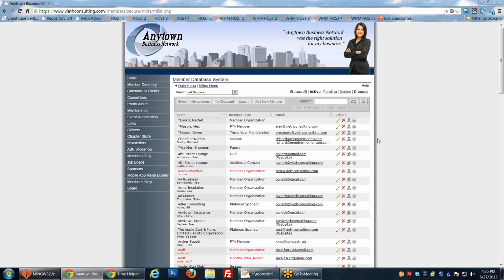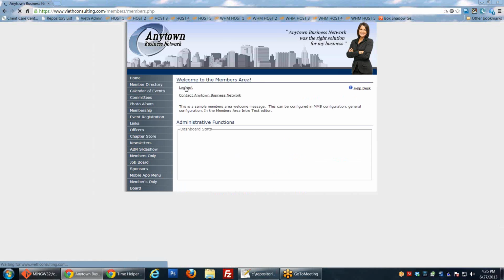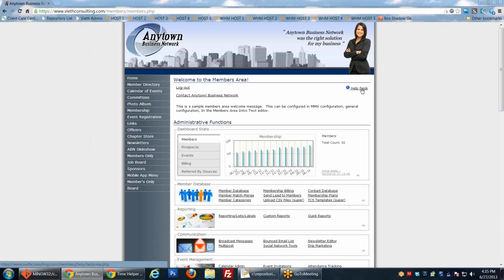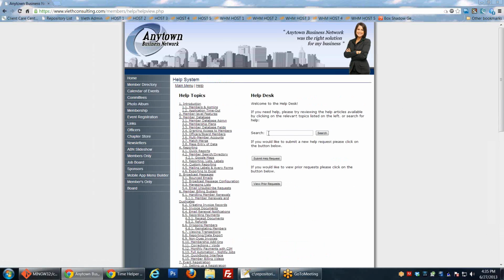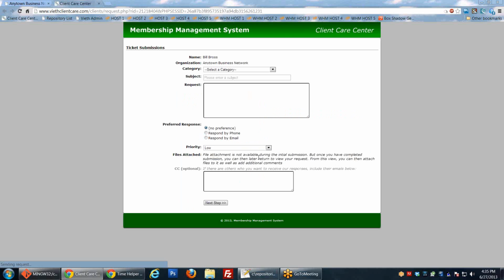If you have any questions about this, please feel free to submit a ticket. The easiest way to submit a ticket, and I'll demonstrate this real quick, back to the main menu here. If you go into our help desk here, right here you can search for anything that you need. So if you have a question about the member database, you can search for it right here and get any answers you want. Or if you have a specific question and you can't find it in the help desk, or you're having trouble, you can click here to submit a help request. This will go right into our ticket system, and it will pull out your info that you're logged in with, and you can put in a subject here and then a request, just like a normal email, and then click on next step. That will send an email into our ticket system with whatever question you have,